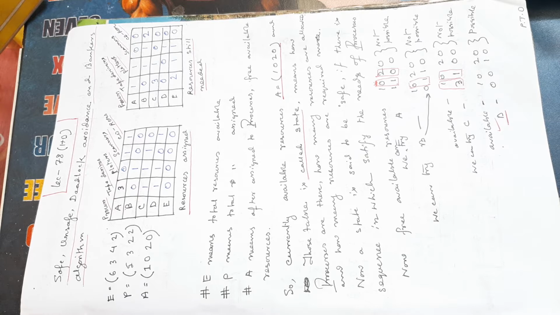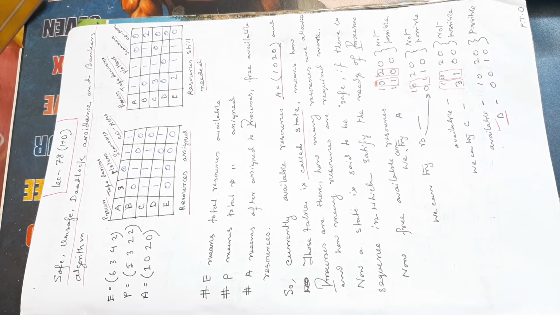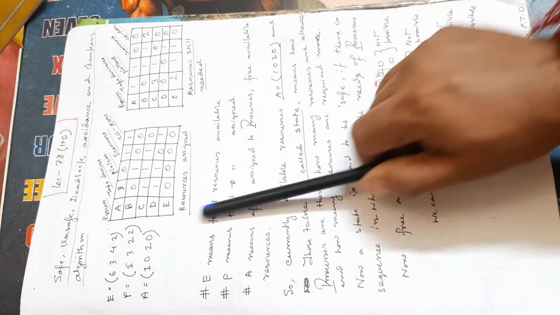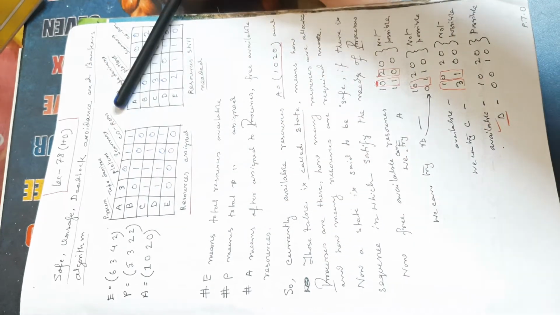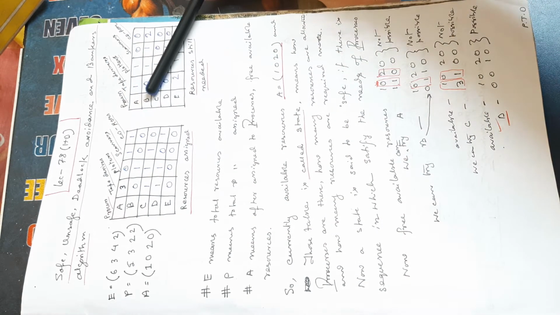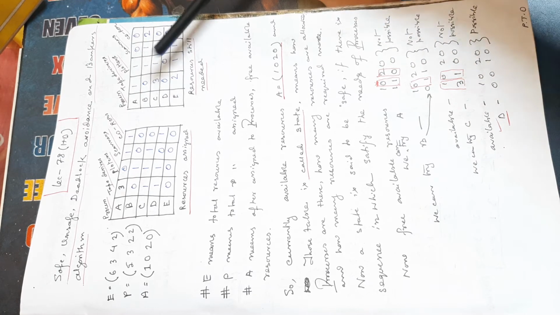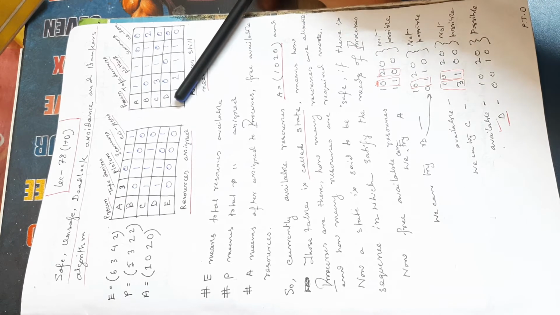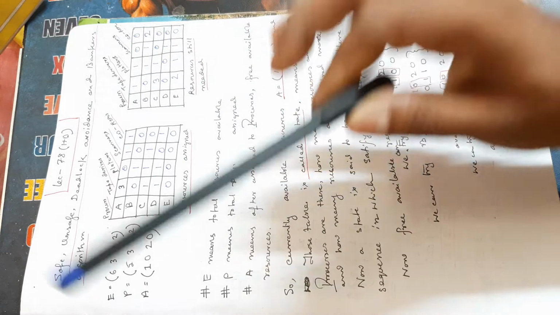safe if there is a sequence in which the needs of the processes can be satisfied. That means it is very clear that your available resource is 1020, and with 1020, in what sequence do you assign the resources to the processes so that your system does not encounter any deadlock? That means you have 1020 resource,